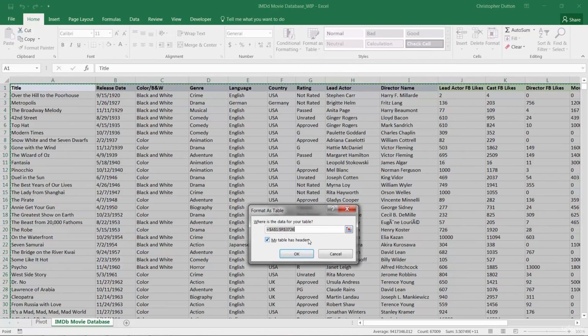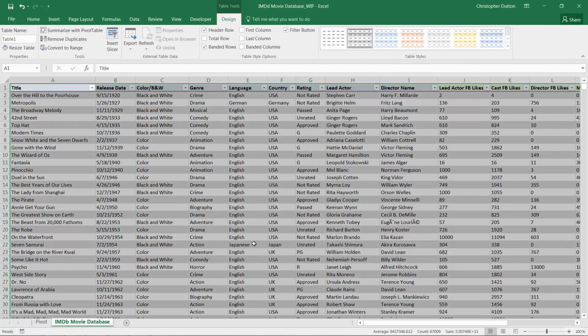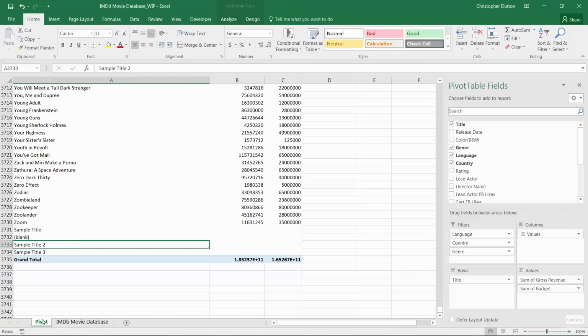And it says, okay, where's the data? And it defaults to the selection that I just made. And I check the box that says, yes, my table does have headers right here in row 1. And when I press OK, you can see that it's formatted it as a table, and it's launched this new option called Table Tools. And within the Table Tools, I can give this table a name, and let's just call it Movies. And what's great about this is that now I can go back into my pivot,